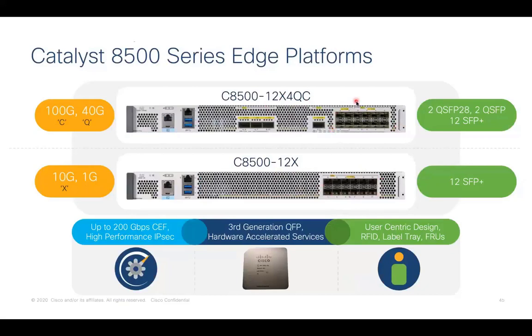Apart from that, it has 4 QSFP interfaces in the middle. These 3 in the middle form Bay 2, and this one is part of Bay 1. So the first port in Bay 1 and first port in Bay 2 can work in 100 and 40 gig mode also. So this gives us flexibility in terms of how they can be consumed.